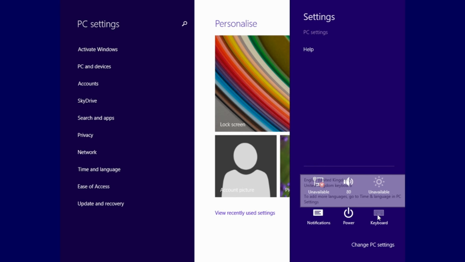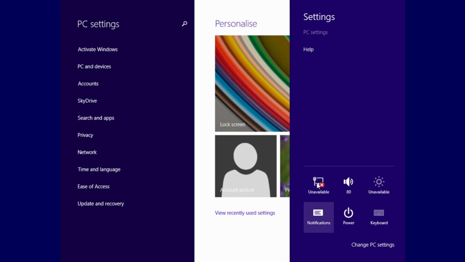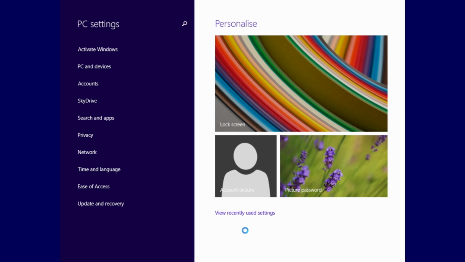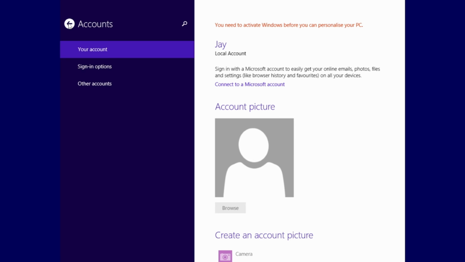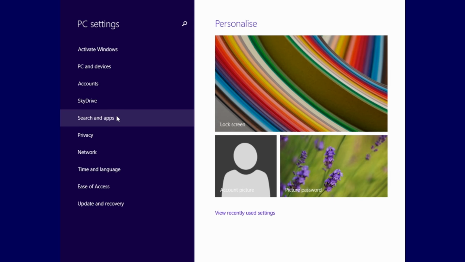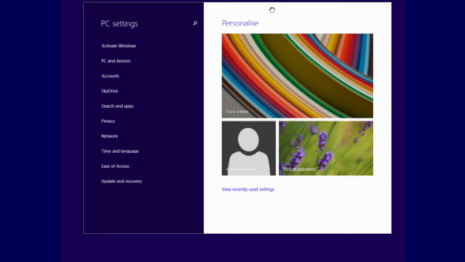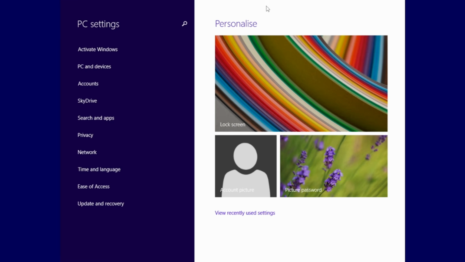You can adjust your keyboard settings, or you can turn your computer off. Now, why should you have to go to settings to power off the computer? I don't know. But you do have a settings screen, which had some options, but not a lot, actually. There were a lot of options that you still needed the control panel for.